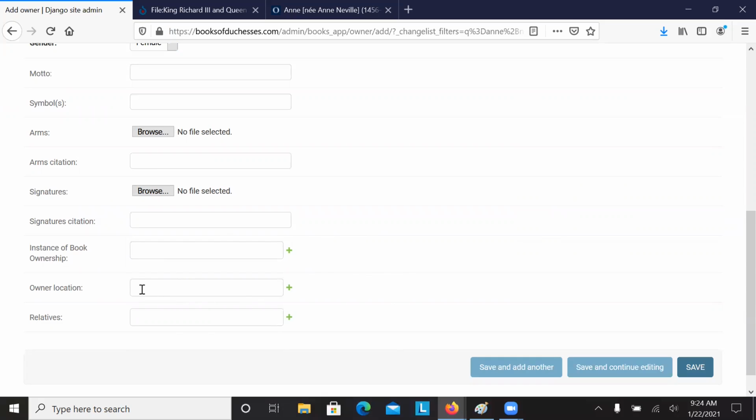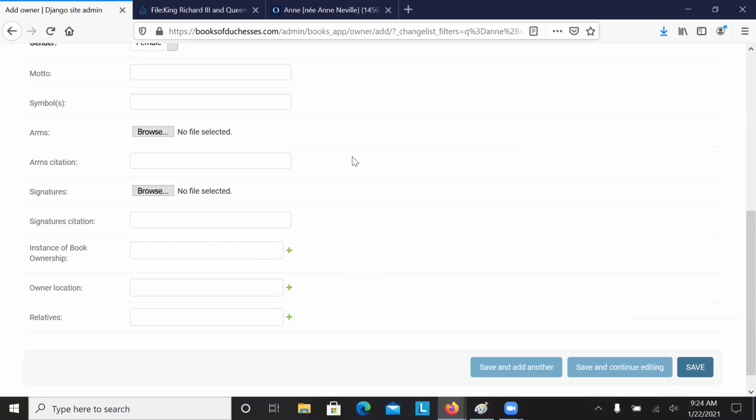But what I am going to do is add some locations for Anne, and this is important because the pins on the homepage map of the project will only show up if this woman is associated with a location. It can be hard to find locations for women sometimes. We don't always know where they lived and traveled, but at the very least, I try to add the place of birth, a place of death, and sometimes where the woman was married.